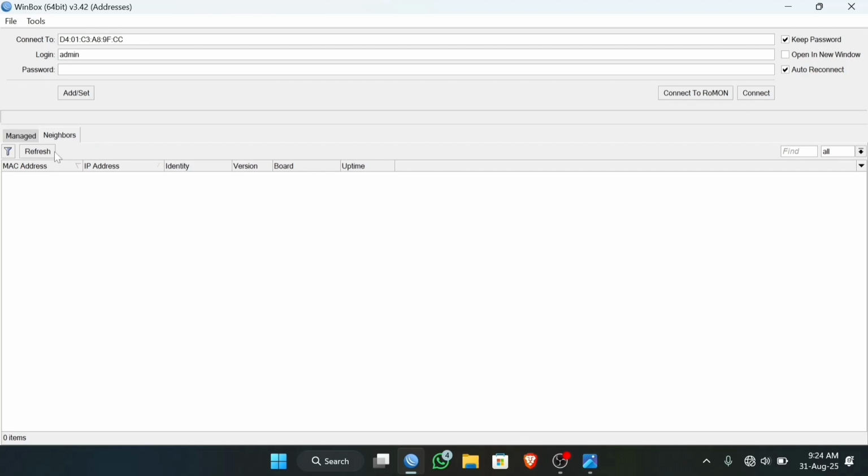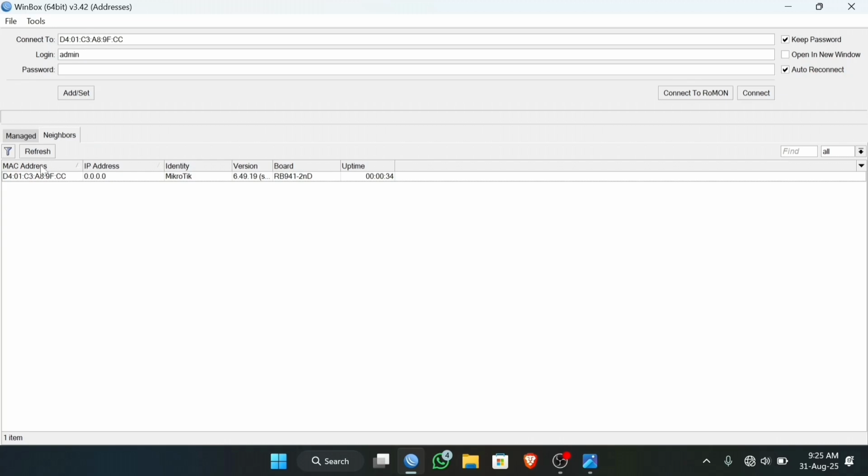You can check the router connection by clicking the refresh button. Sorry guys, the router is very slow. So, rebooting. Refresh. Oh yes, it's done. The router has finished rebooting.